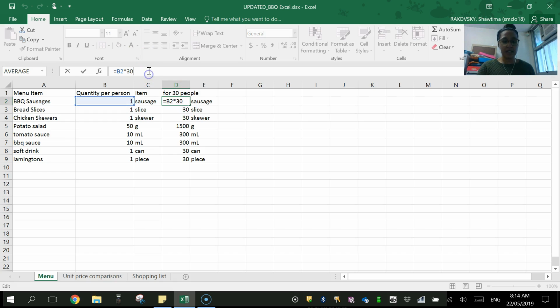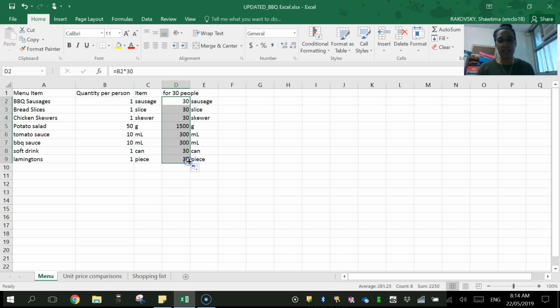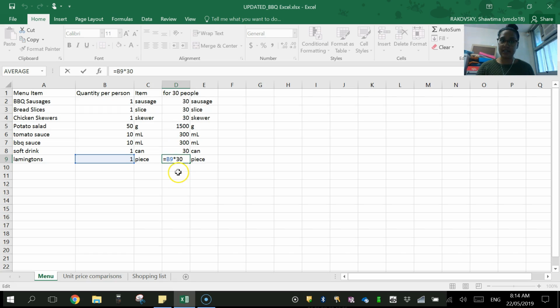So I click enter, and then what I can do is I can take this little green square here, and my crosshair will change, and I'm going to drag that formula down and it'll fill out the rest of these for me. So if I have a look down here, it doesn't say B2, it actually says B9. So that'll automatically fill that in for you. How snazzy is that? So now I know how much or how many things I need to go and buy on my shopping list. So I'm going to take that information,